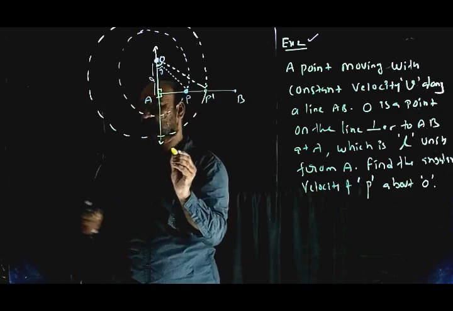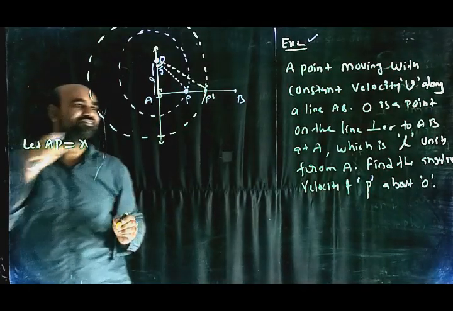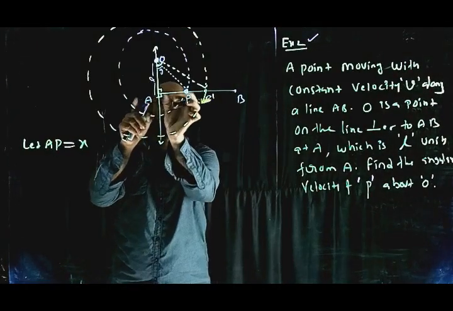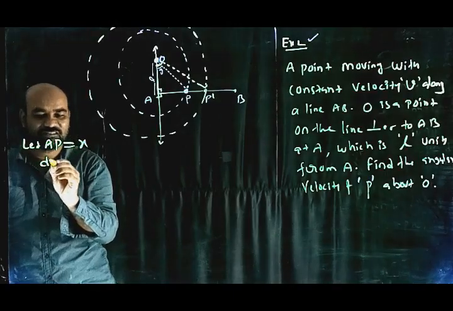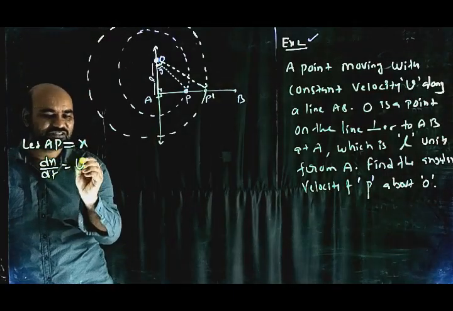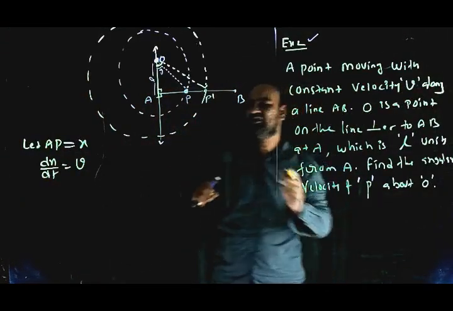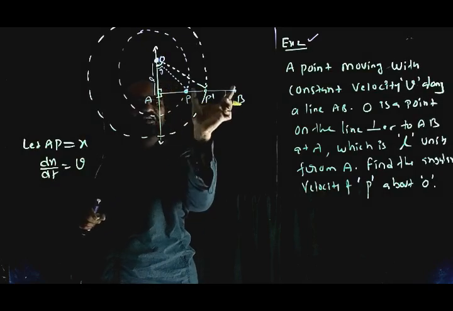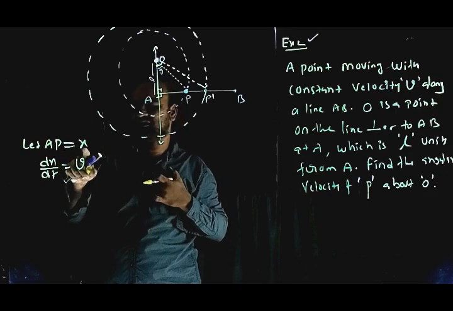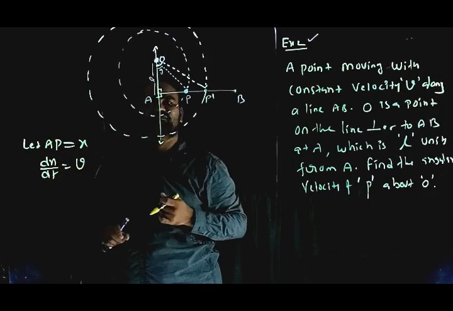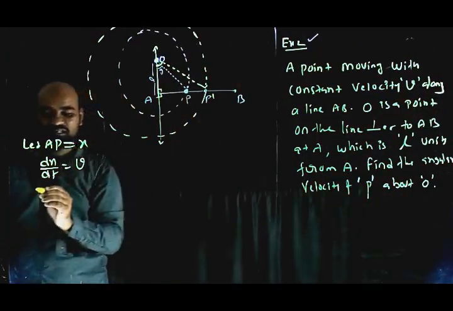Let AP equal x. So P is moving, dx by dt is given as v. Clearly, a point is moving with constant velocity v. So this length x is varying, since P is moving on the line segment AB. That's why AP is taken as x, which means dx by dt becomes v. This is L. So from triangle